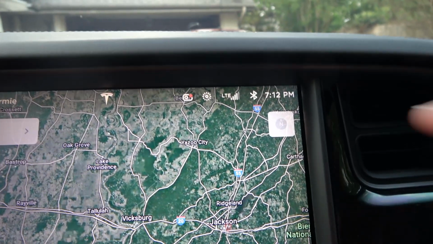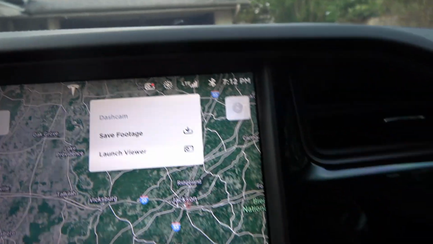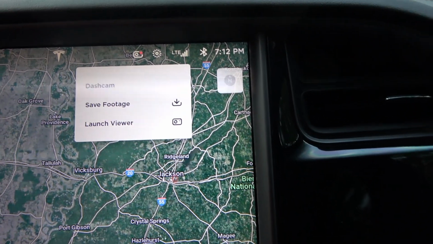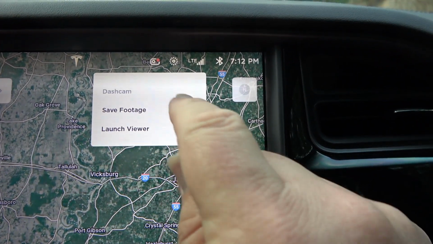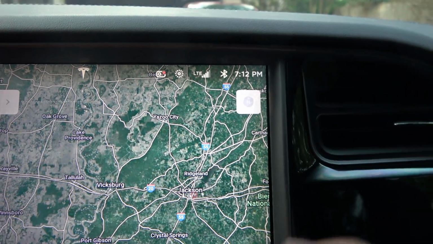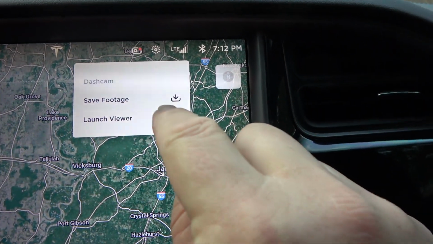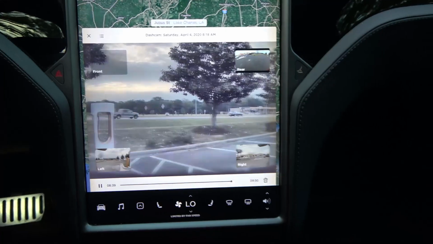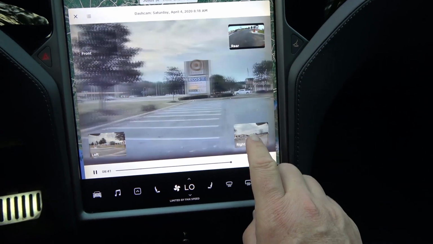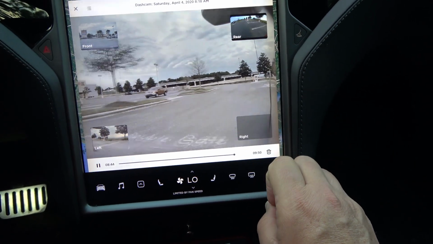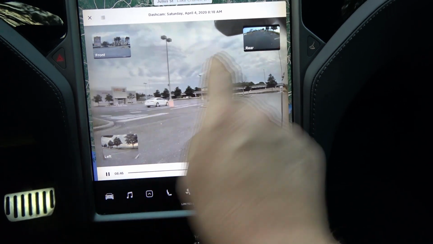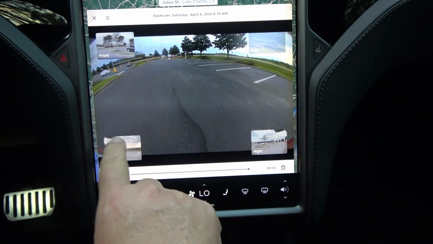Accessing the viewer is by touching the camera, and then you'll see that there's a couple of different options now. Normally you only had the option to save footage, but now you have the option to launch viewer. With the viewer, the options are you have the right camera that you can bring to the front, rear camera, left camera,